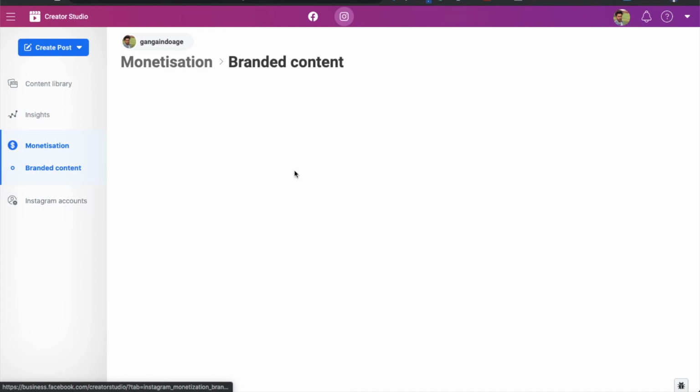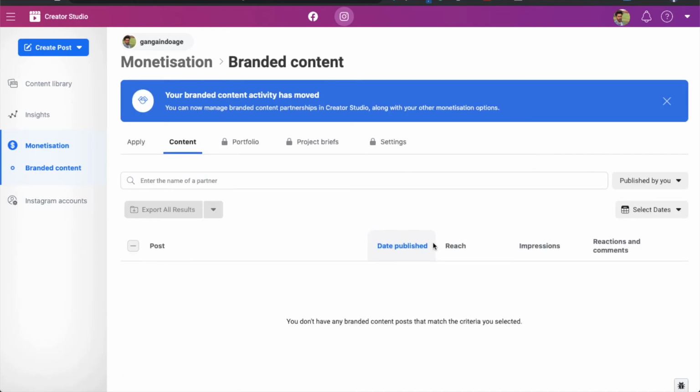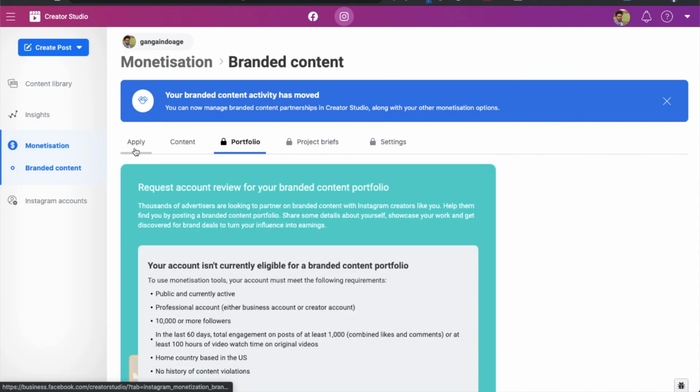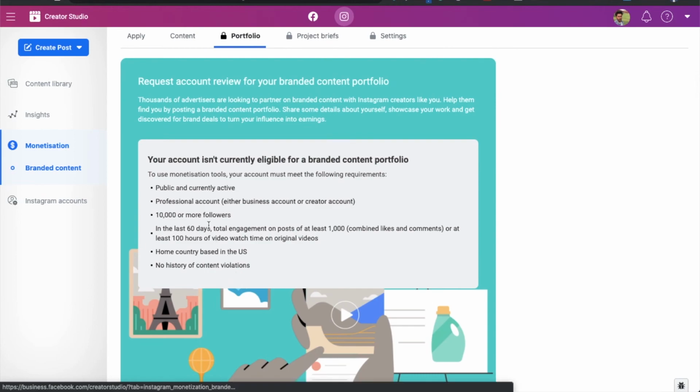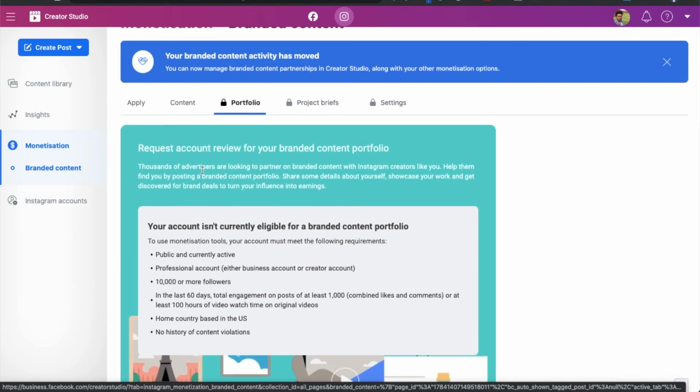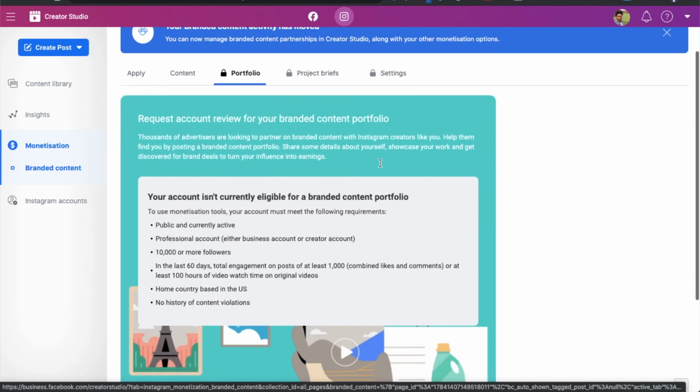Now you can even monetize your Instagram page also, but it should be eligible. So you can see that if the page is eligible. From here, request account for brand content portfolio.